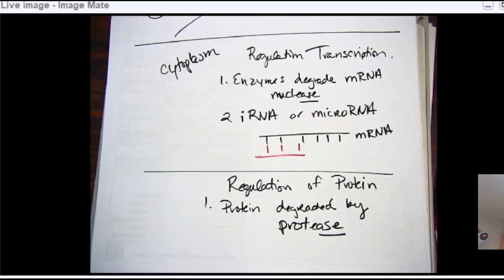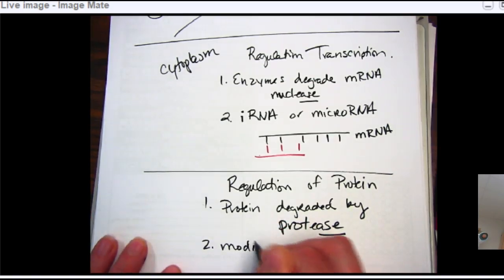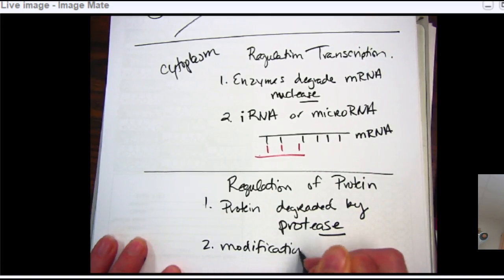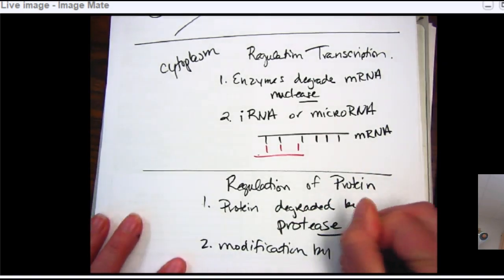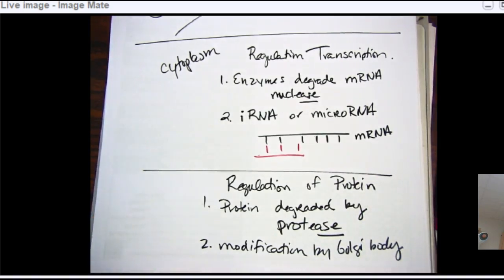So sometimes you might make a protein, but it doesn't last very long in the cell because it's broken down by those enzymes. We also know that there is modification that can be done by the Golgi body as well. And I think that's